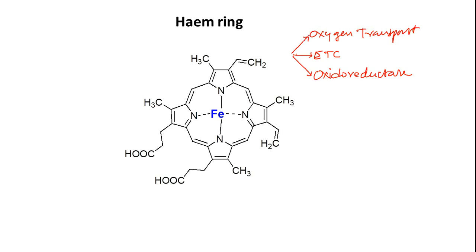Okay, so in this lecture session we'll see how actually the heme ring is metabolized. As this is actually a colored compound, the metabolites obtained from heme ring are also colored, so that's the reason why we call them as bile pigments. The metabolized products are actually excreted through bile only, so that's the reason why we call them as bile pigments. Okay, so let's move ahead.